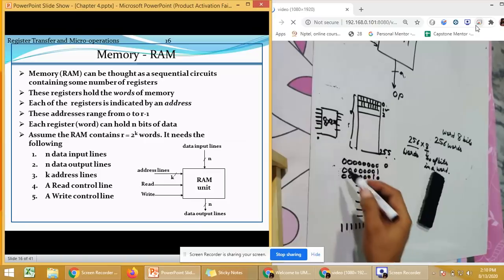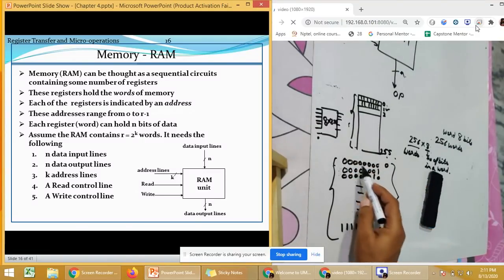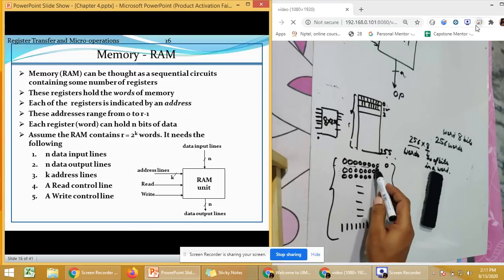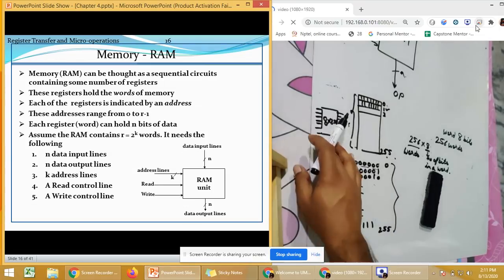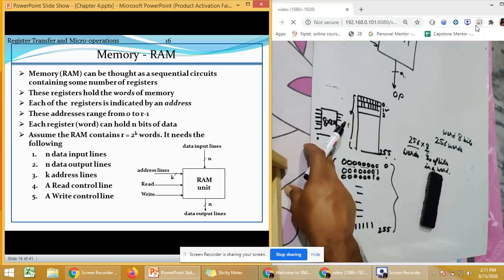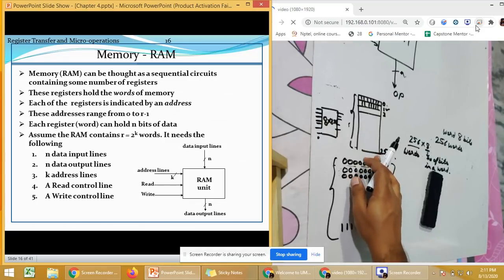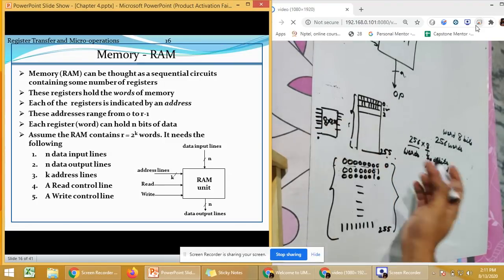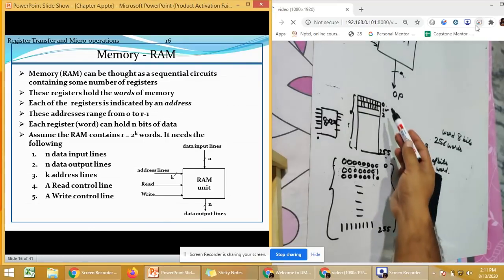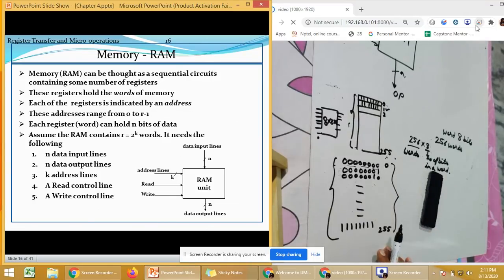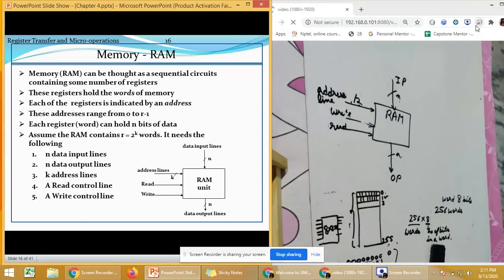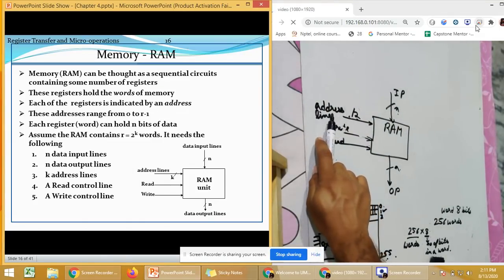And how many lines do I need to refer to all these locations? Just 8. Okay, so this is where your decoders are also implemented. You are going to use those decoders, which will help you refer to all these addresses by using just a small number of bits. So we are using 8 bits only to refer to all the 256 locations. So this was about what address lines are, why you require the address lines, and what the size of those address lines will be.